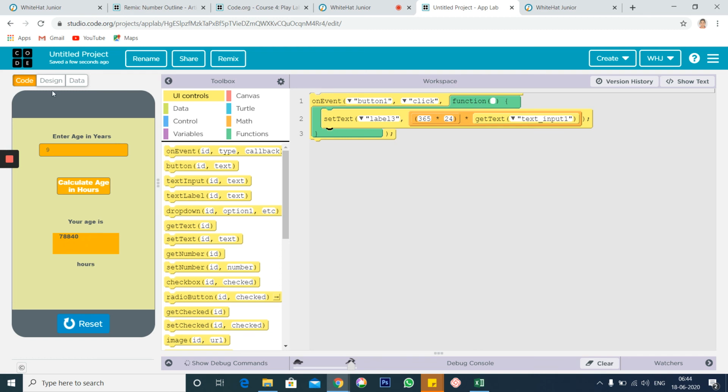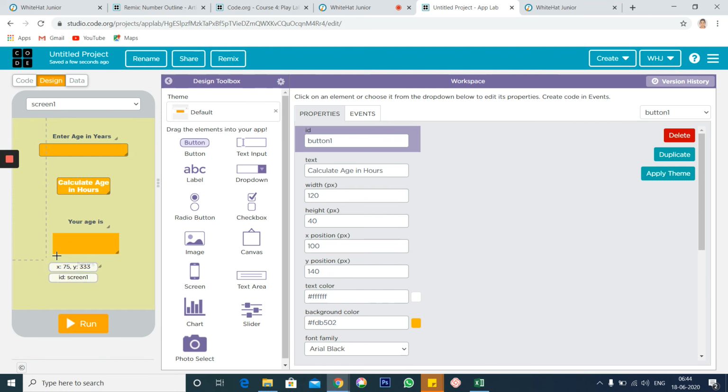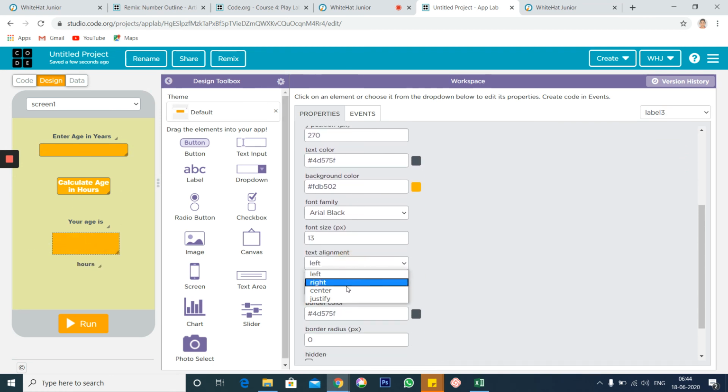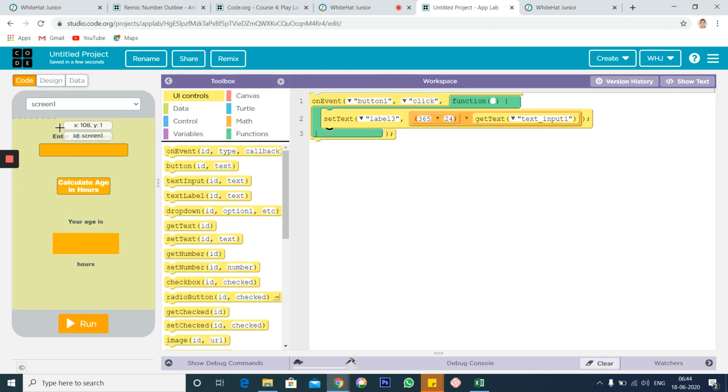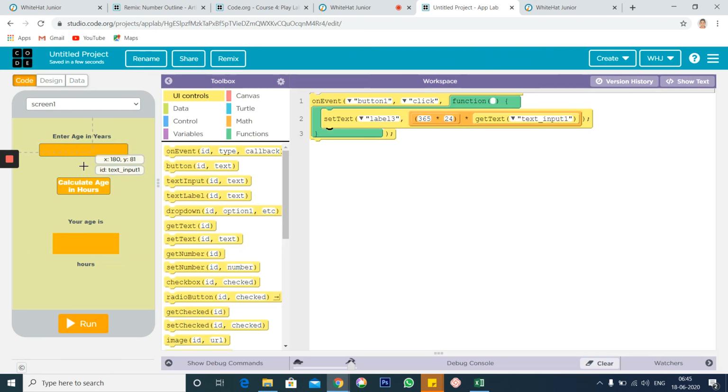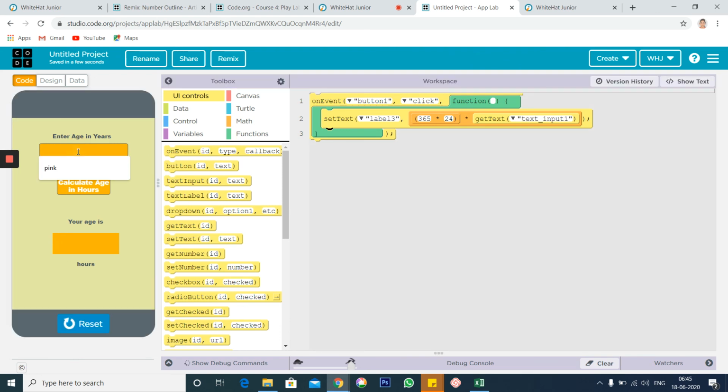I want to align it to my center. So I go back to design. I click on this and I choose the text alignment to center. So it looks a little better. As we are doing, we learn how we can make it better. So code again, run, age 9, calculate. Yes, the age is 78,840 hours. So have you understood clearly? Okay. So now I will